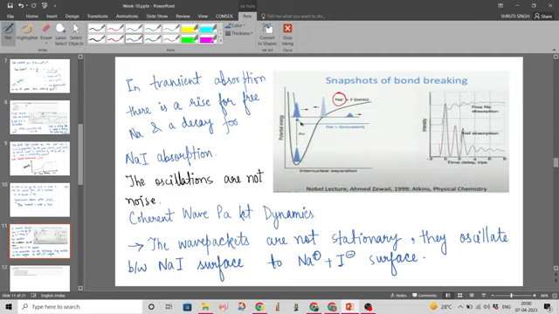Okay, as I told, first it's dissociating, then it's coming back together, then dissociating, and then like a damped oscillation, it finally dissociates. And this oscillation period,